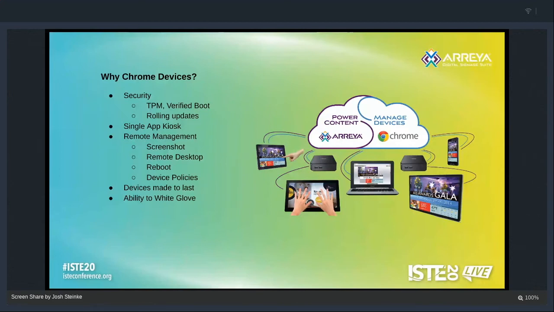So yes, Chromium is an open source based operating system, but there's also the enterprise side of it too, which includes things like a trusted platform module chip on the device, which also ties into verified boot. That is a way to verify that only code that is developed by Google, only trusted code, is going to be able to run on that device. Otherwise, it's going to completely wipe what's called the stateful partition, and there's going to be no user data that's accessible if there is a detection that some tampering has been done